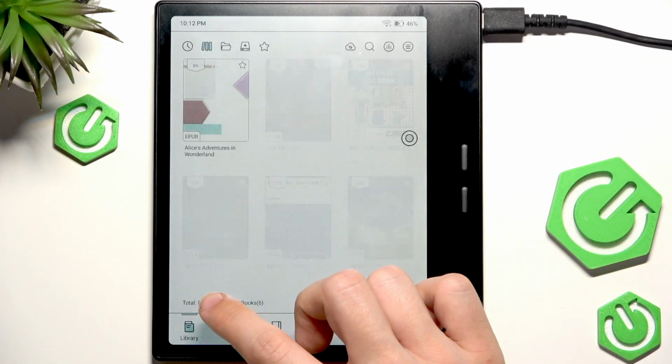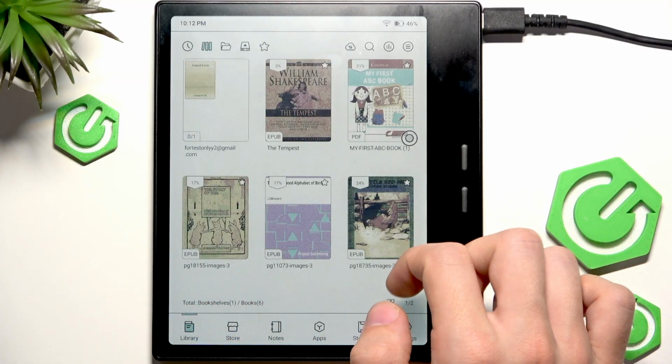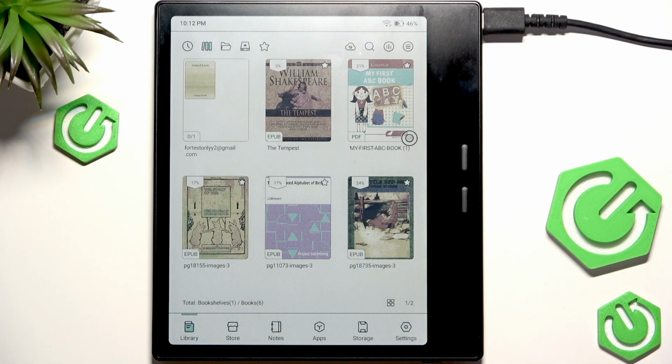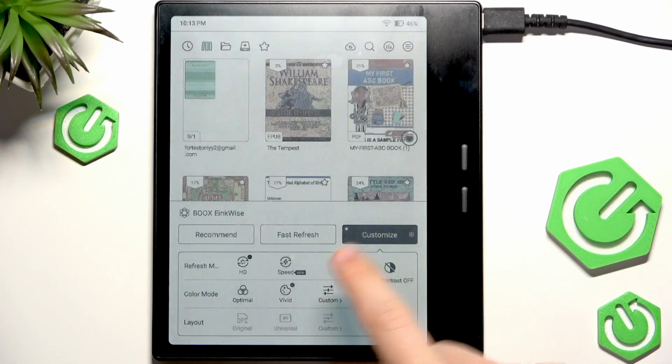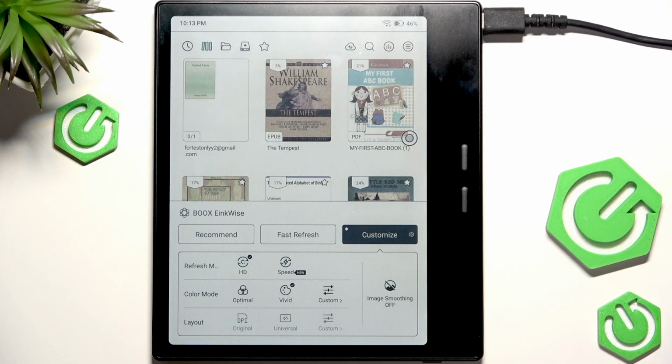If I'm in the speed mode, it's just faster but worse quality, but it doesn't matter for now. You can visually compare what looks better for you, but the HD mode or Regal modes will be better, preferably the Regal one, but Regal is only available sometimes in some apps, because these